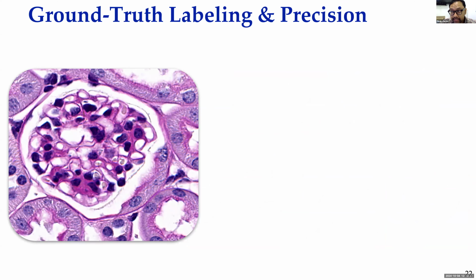Let's try to understand our problem of annotating single cell types. I have a histology image and I want to predict one single cell type. What is the challenge? To appreciate it, this is a small tissue image of a glomerulus. It has these cell nuclei, and one challenge is that if I ask each of you to count the number of cells and mark which cell type is which,